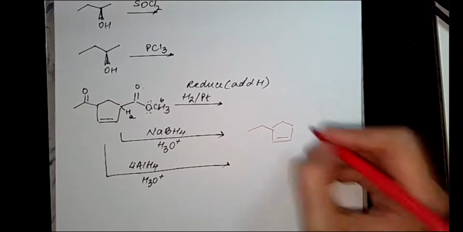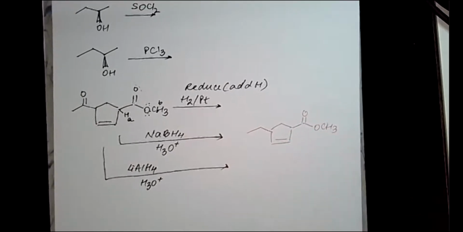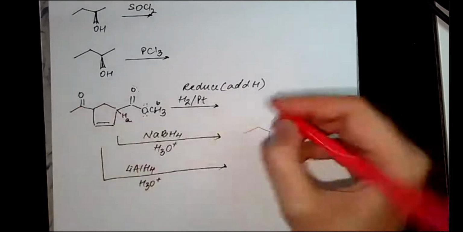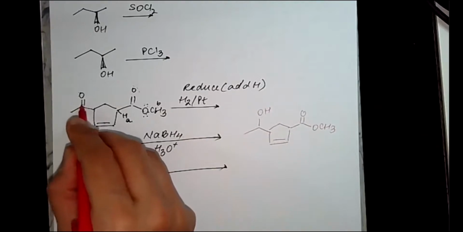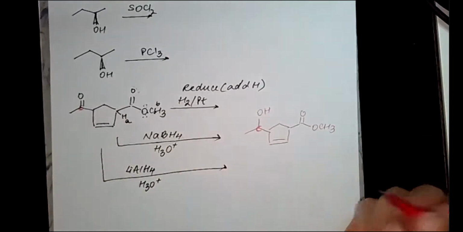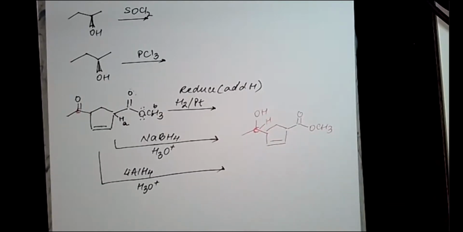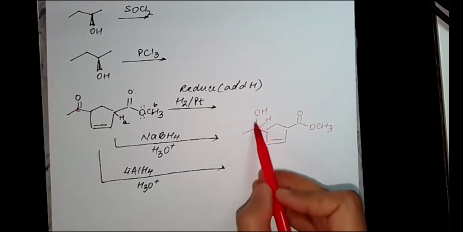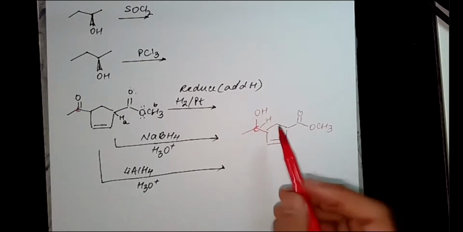The alkene stays, the ester stays, and this carbon right here gets reduced. So instead of having a pi bond with oxygen, it will now have just an OH and